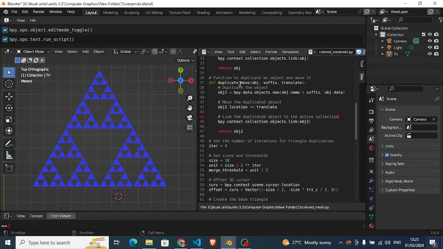So the second method is the duplicate method. The duplicate method, as I have said previously, is usually just to move the object around and really